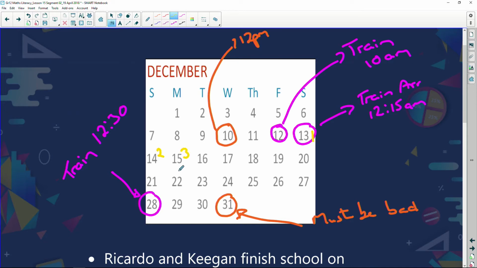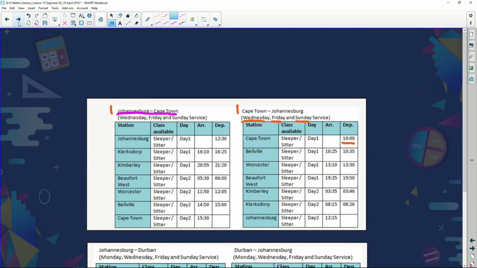In other words, folks, they can only leave on the Tuesday. That's the earliest they can leave. Let's go to our train timetable. Now we've got another